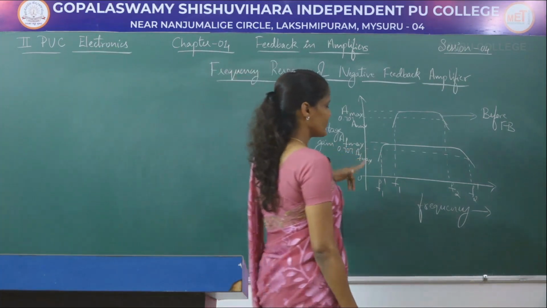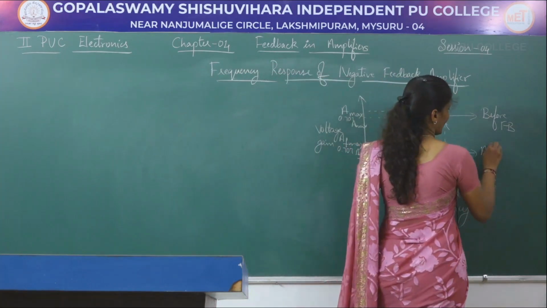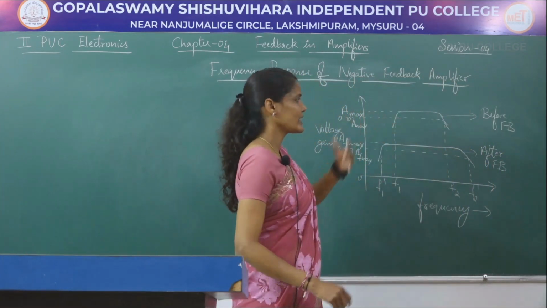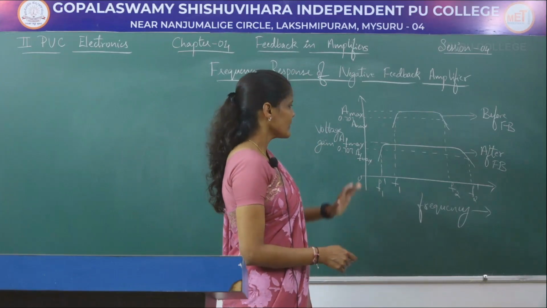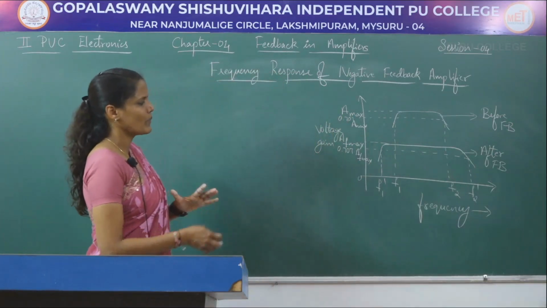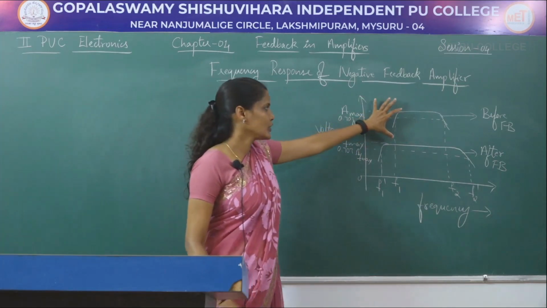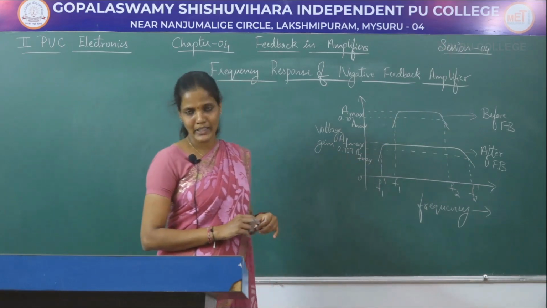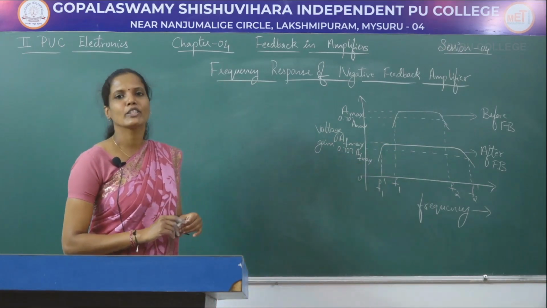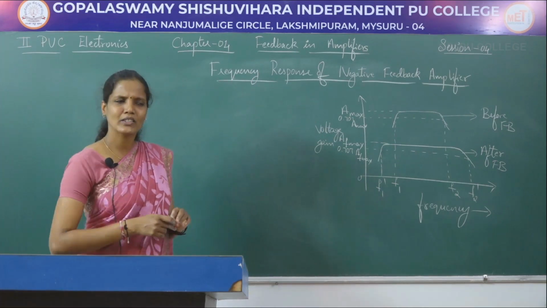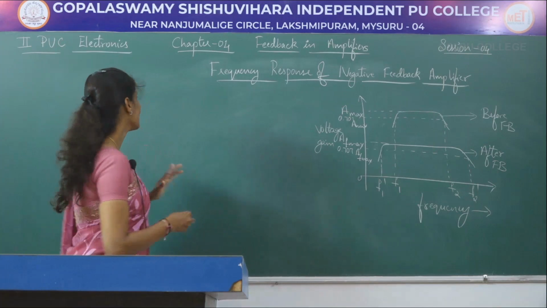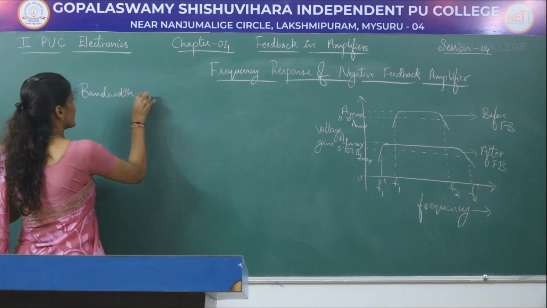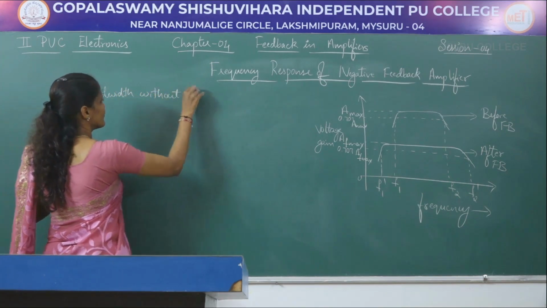So, we have drawn the frequency response curve of a feedback network below the frequency response curve without feedback. This is the comparison of the frequency response curve between a circuit without the feedback network and a circuit with the feedback network. And the bandwidth of an amplifier without feedback is equal to the separation between the 3 dB frequencies, that is F2 minus F1. So bandwidth without feedback